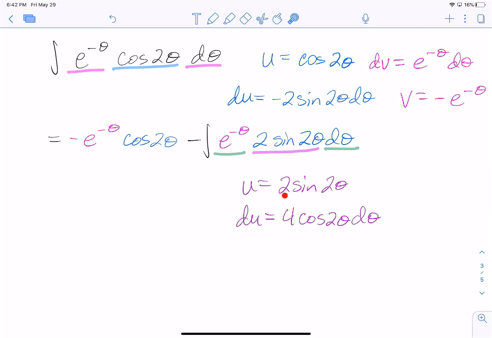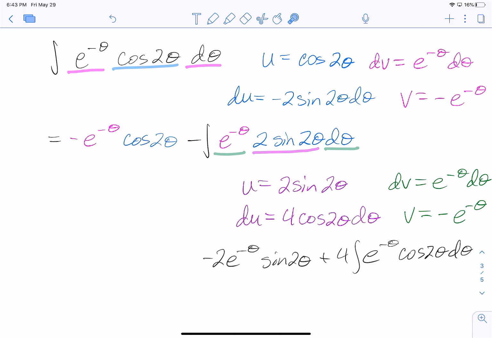Since u is 2 times the sine of 2 theta, du is 4 times the cosine of 2 theta d theta. And since dv is e to the negative theta d theta, we have v is once again negative e to the negative theta. Using the integration by parts formula just on this uv and then v du, we have negative 2 times e to the negative theta times the sine of 2 theta, that's our uv,